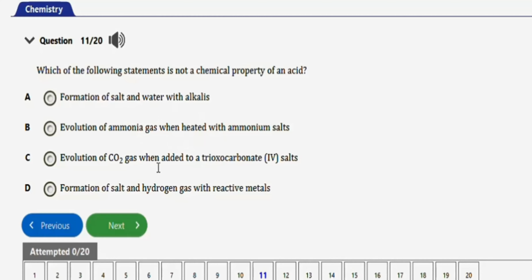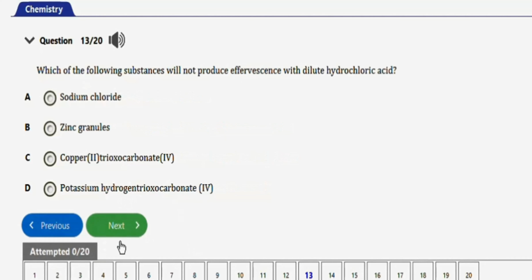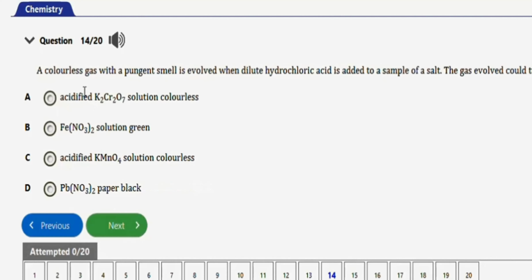Okay, next repeated question will be this one. It says which of the following substances will not produce effervescence with dilute hydrochloric acid? So the right option here, this repeated question guys, will be option A, sodium chloride. Okay, so that's it for this question. The next question says a colorless gas with a pungent smell is evolved when dilute hydrochloric acid is added to a sample of a sulfite. The gas evolved could turn acidified potassium